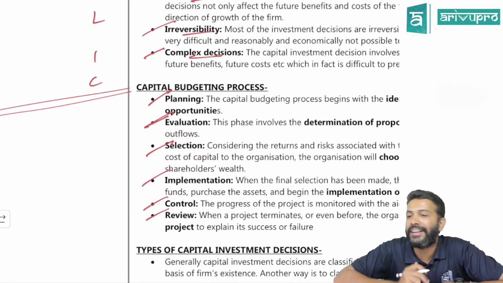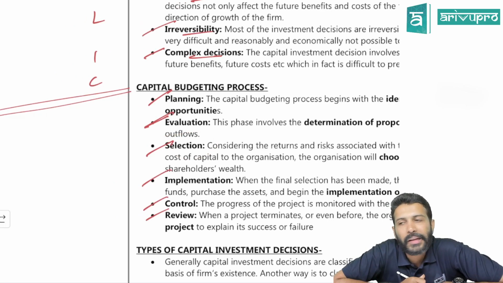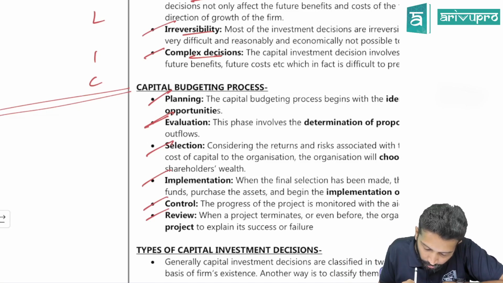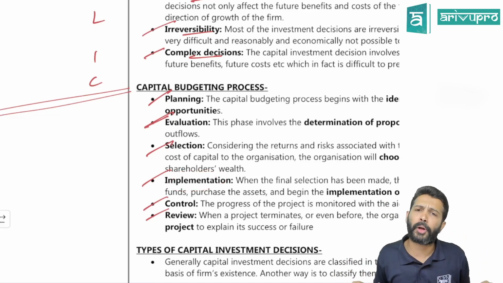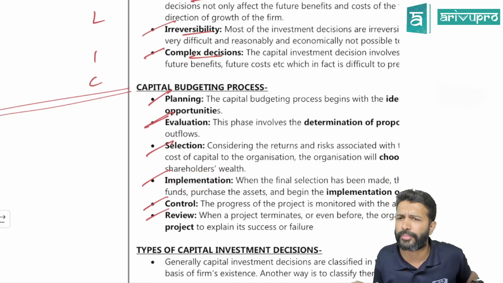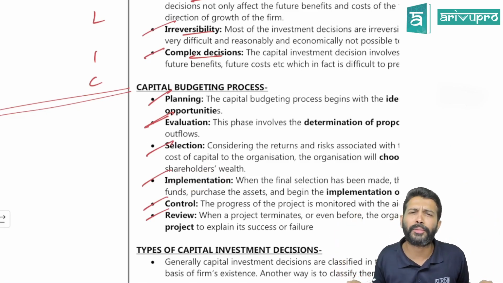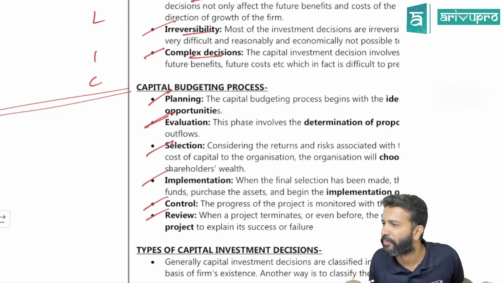So you'll basically select the project based on the risk and rewards. Got this? Next is, okay, I selected the project. I decided that I'm going to do CA course. That's all. Select and keep quiet, or you have to do some more actions. What actions will next come into play?